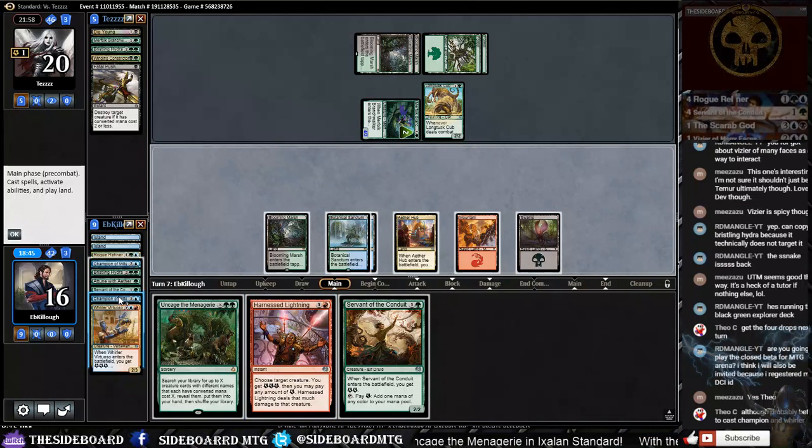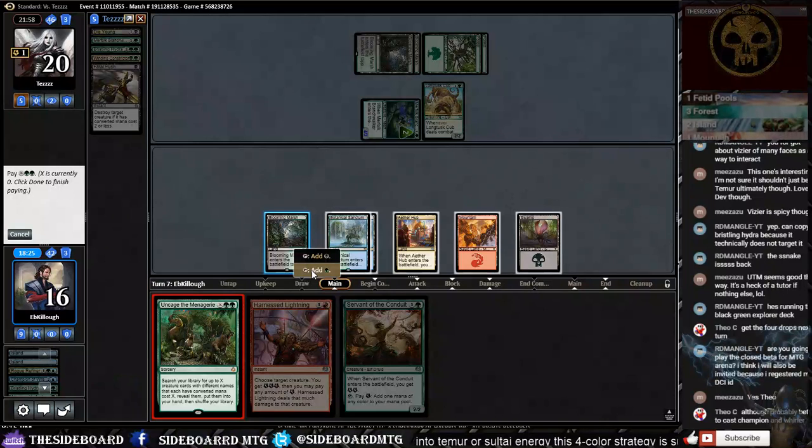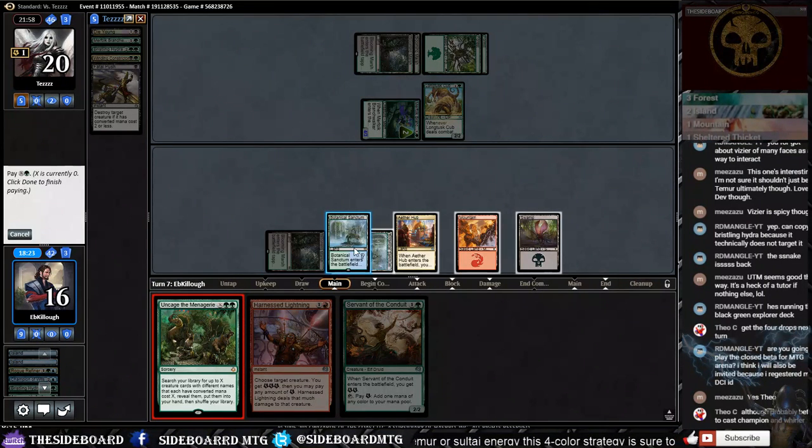Of course, next turn that means that we could Champion of Wits. Really like dealing with this merfolk here. Wow, I mean, this is a really good time to land this Uncage, though. I think we will Uncage here, and by next turn...